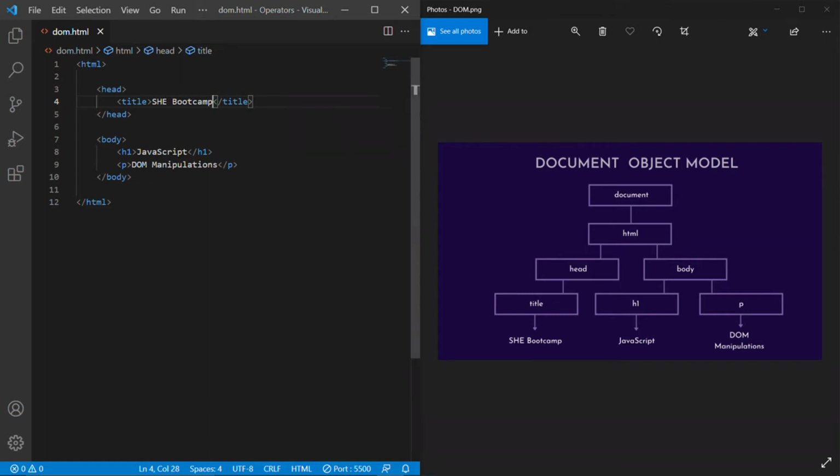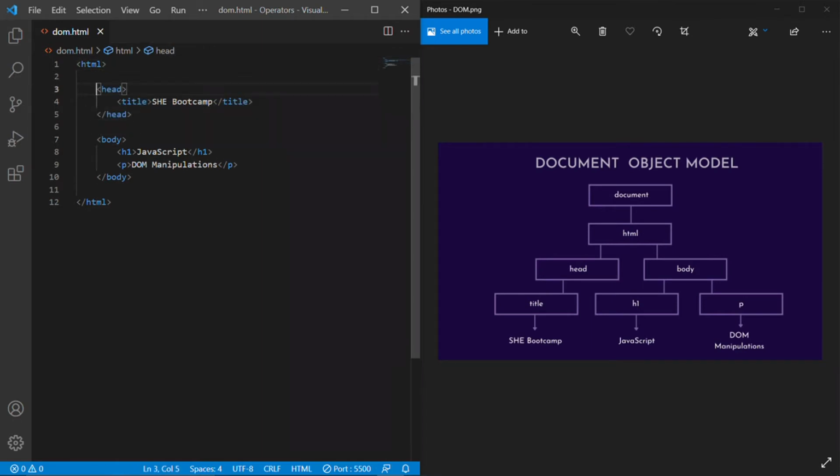So first of all, we need to know what DOM is. DOM stands for Document Object Model. I will explain what it is. Here take a look at this HTML page. In this, there are a lot of tags. So the outermost tag is the HTML tag. Inside HTML we have head and body tag.